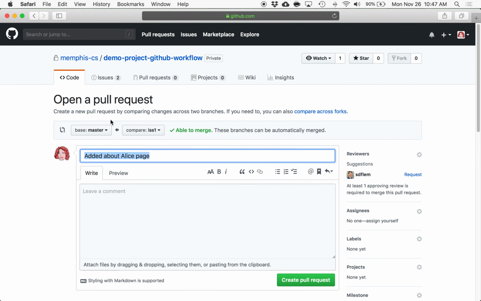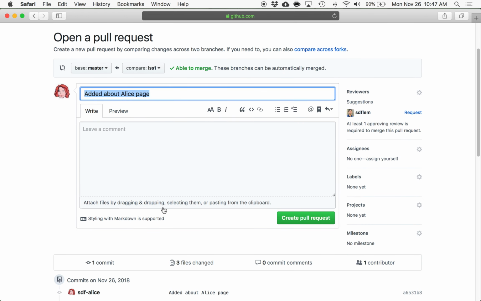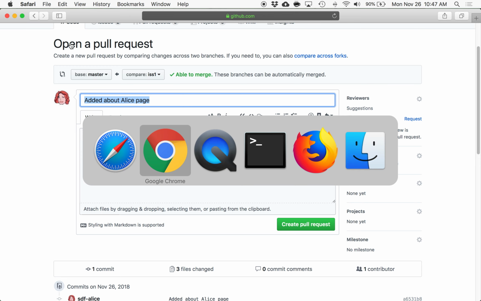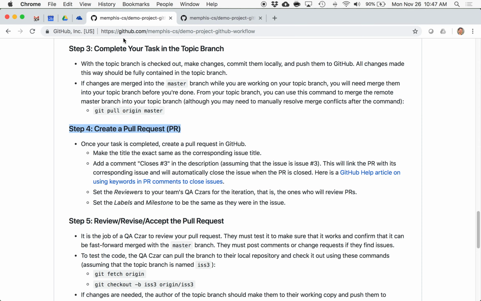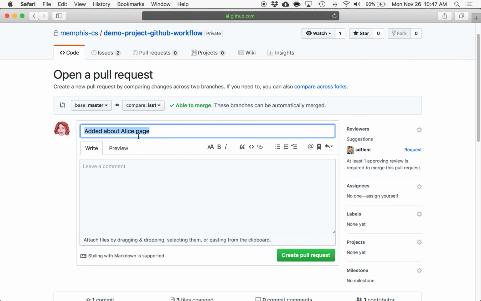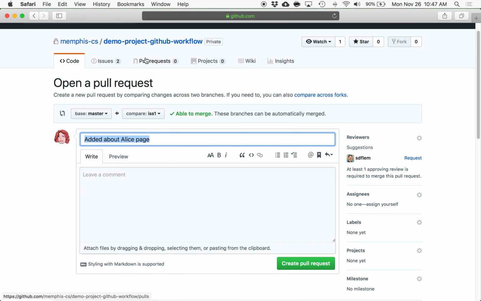So click that. And so here we're creating a pull request. And now we have some things to fill in. And they're here. And so let's look at how we're going to do that. So first thing is I said to make the title the exact same as the corresponding issue title. So notice it did fill in something by default here, but I believe that is the commit log message, which is not necessarily the same as the